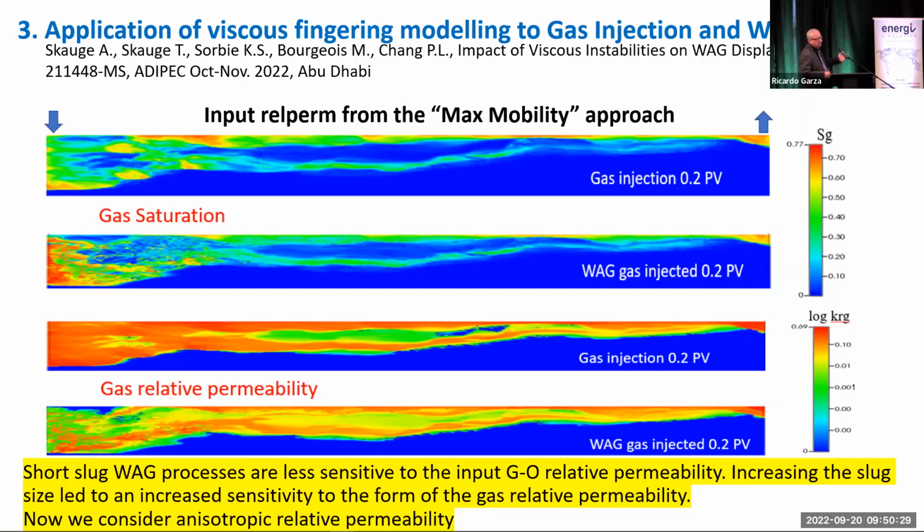And we did the same thing with the larger slugs. With the larger slugs of gas, you immediately see similarity to the gas injection case. So you're converting it towards the gas injection case. So it's beneficial from this point of view to go with short slugs in WAG cycles,